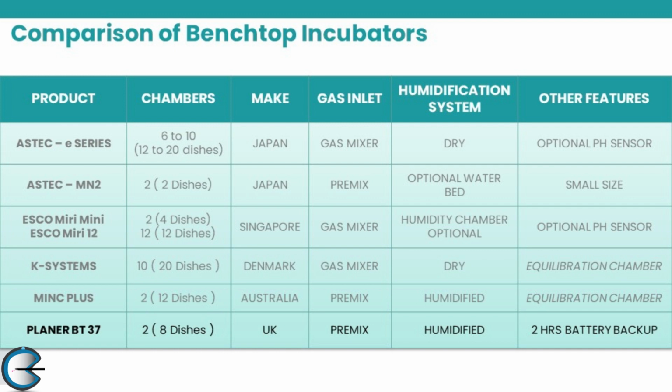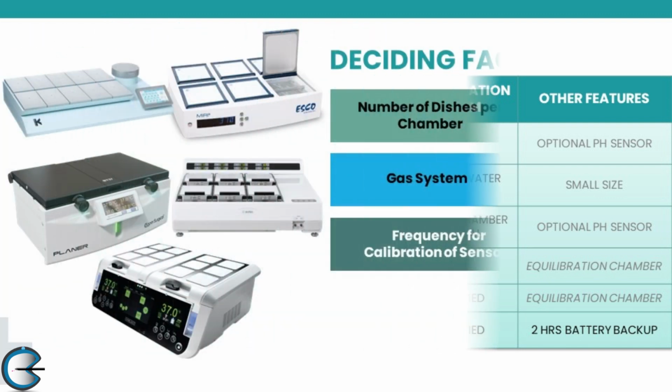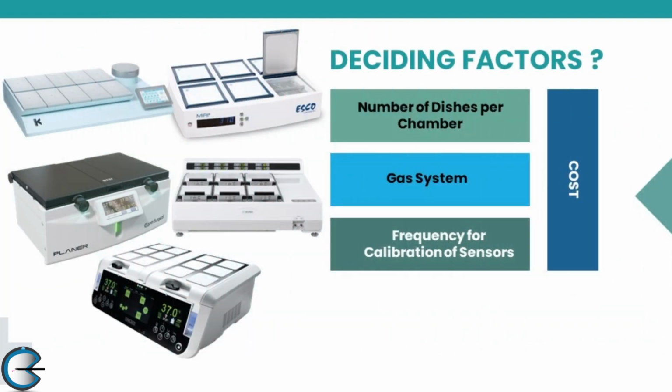Planner is almost like a Minc, but be cautious of the gas flow rate, because the flow rate in Minc and Planner are different. So they cannot be cascaded or put in series using the same gas line, because that might affect your percentage CO2 at the benchtop level. Deciding factors for choosing a benchtop incubator would be the number of dishes per chamber, the lower the better,